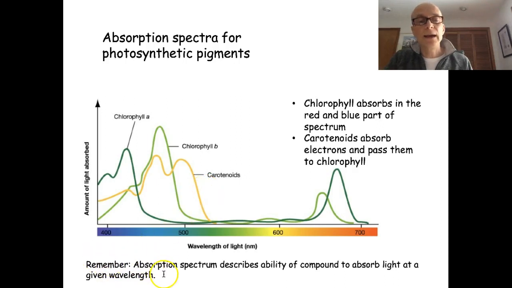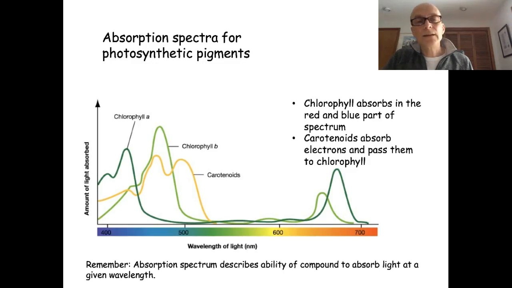And just as a reminder, what we talked about last week, an absorption spectrum describes the ability of a compound to absorb light at a given wavelength. Here's the given wavelength. Here's the ability of this particular compound, in this case chlorophyll, to absorb that kind of light. All right, so